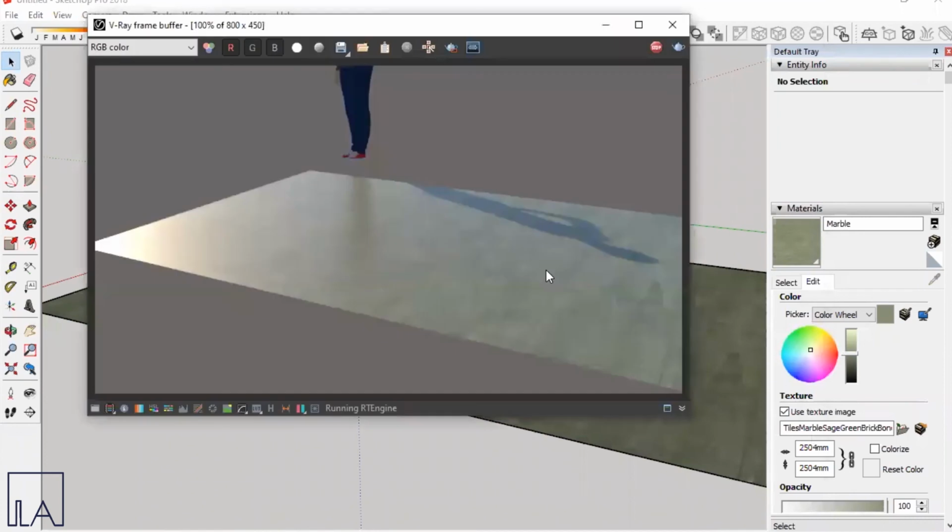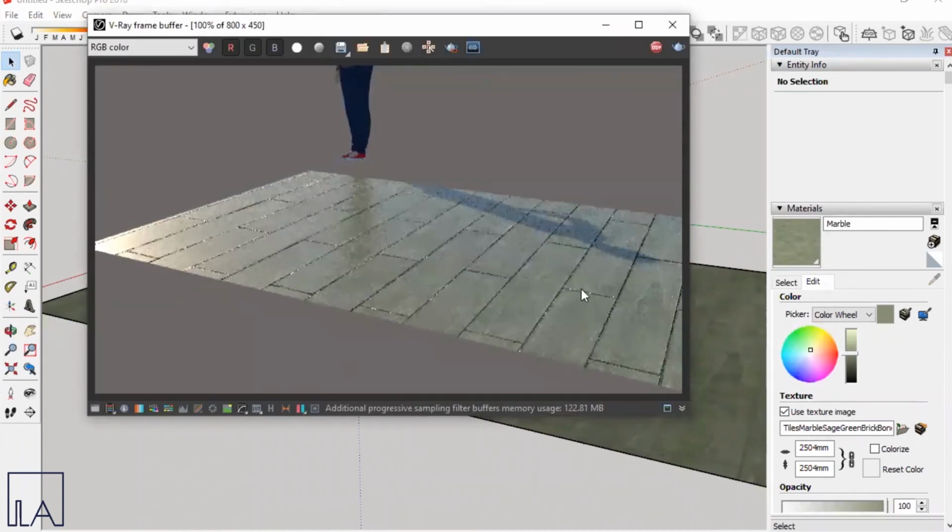So this was my render without the maps. And now you can see the render with the maps over here. So now you guys can see the difference between the previous and the present render, with and without your maps being along with your V-Ray material. So it is very important to have your maps folder with your V-Ray material in order to get a good material output.